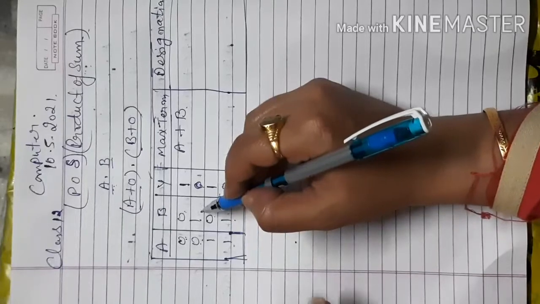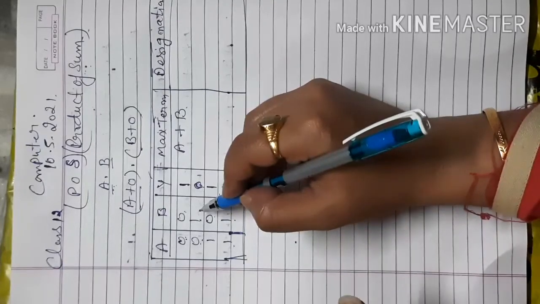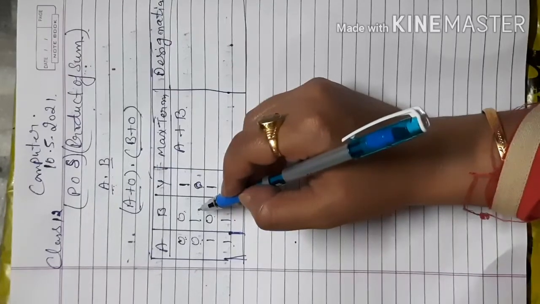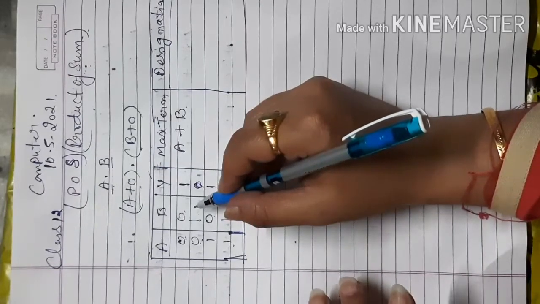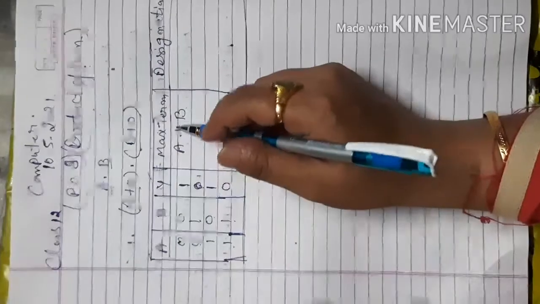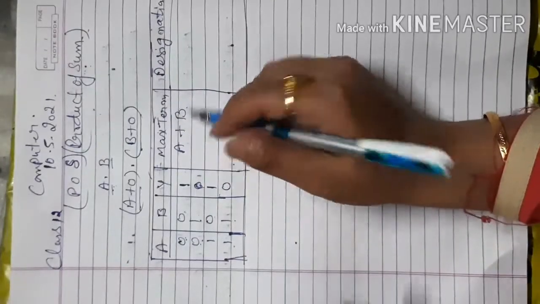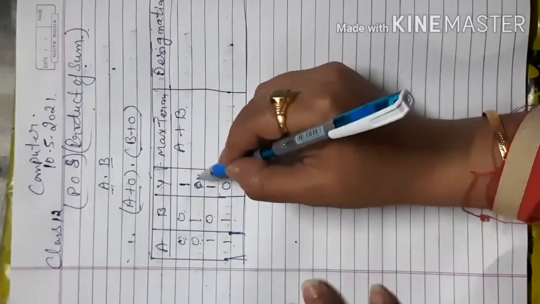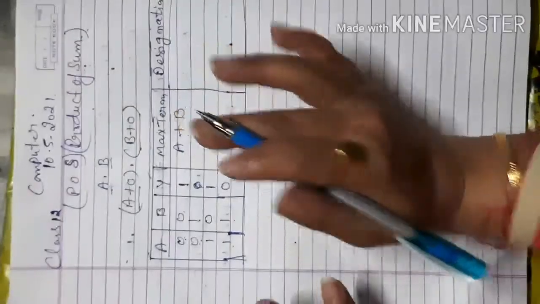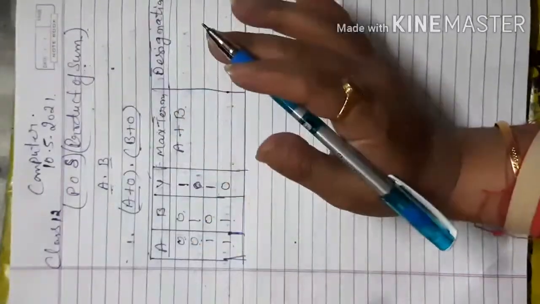So what is a max term? In product of sum expression, a sum term of n variables in which each of the n variables appears once, in either its complement or uncomplemented form, is known as a max term. So here we consider our 0. In the sum of product we bother about the 1.